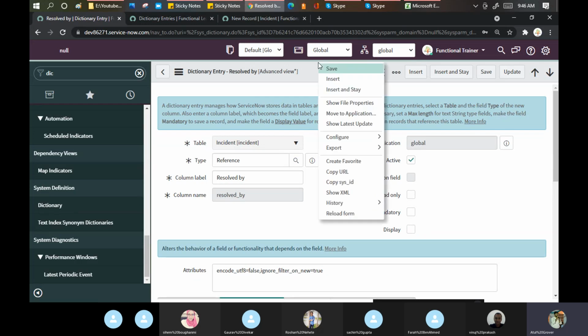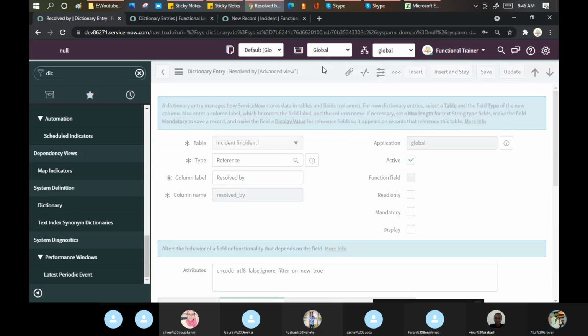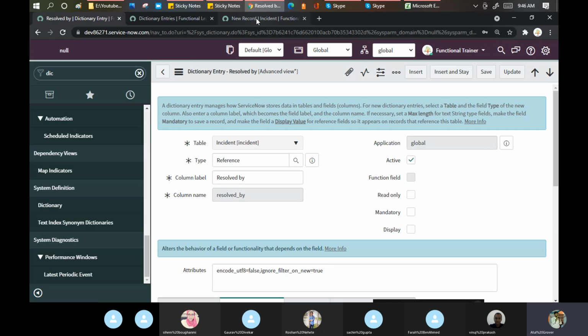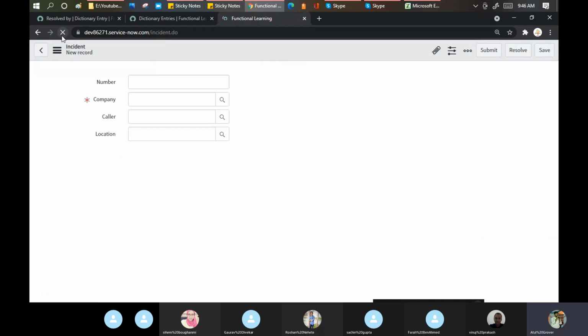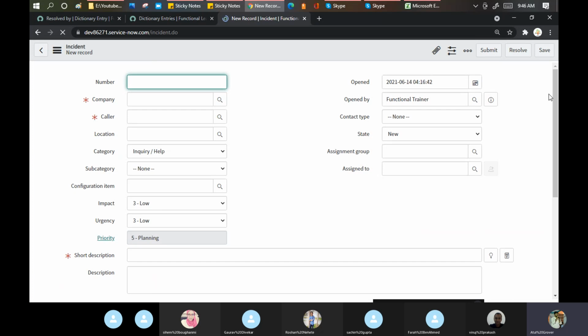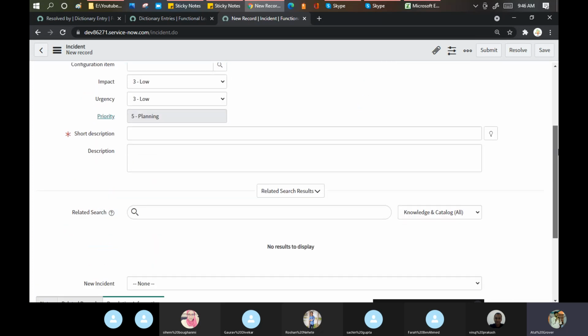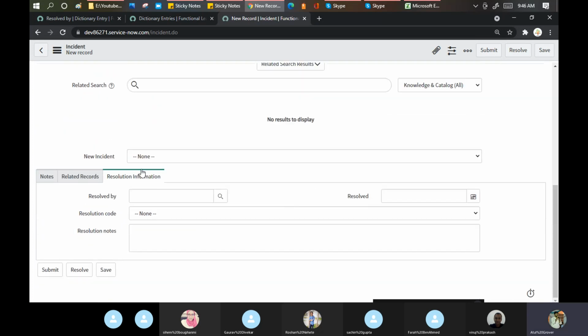Now let me save this. And now let's reload this page. As per the expectation, the resolution information should not be mandatory now. See, it is no longer mandatory. Why? Because I changed the behavior of the parent attribute values.